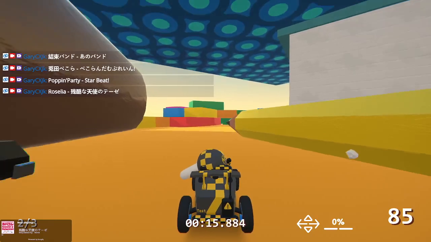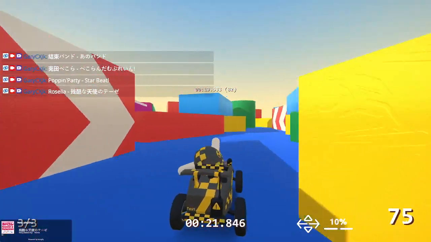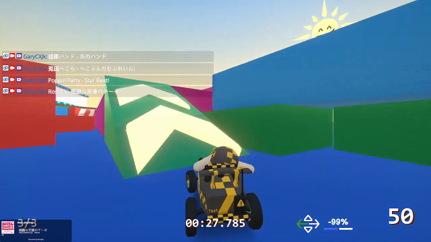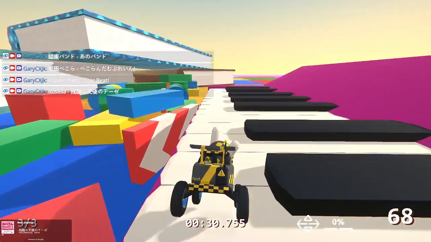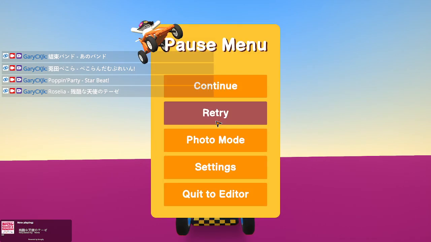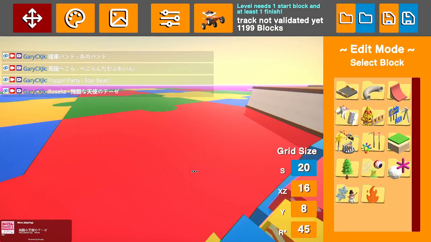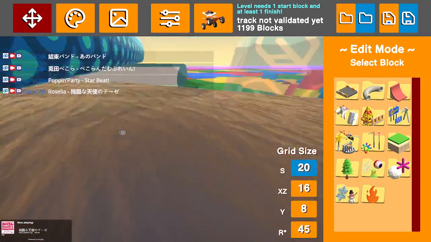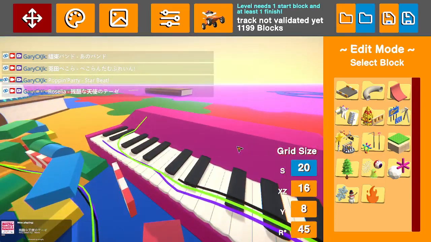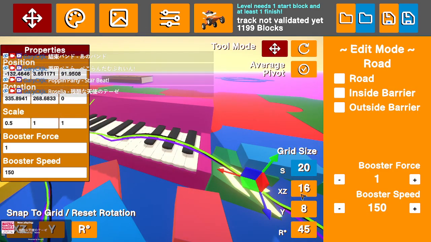I might need to add feather blocks near the keyboard as well, so that you actually land there. So let's see if we can reach this. Okay, quit to editor. What I do want is, okay, where's the keyboard? So what I do want is,